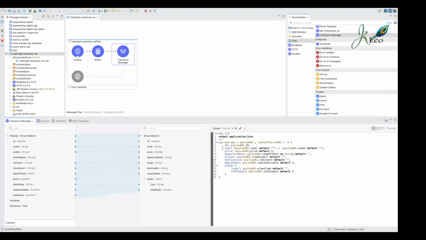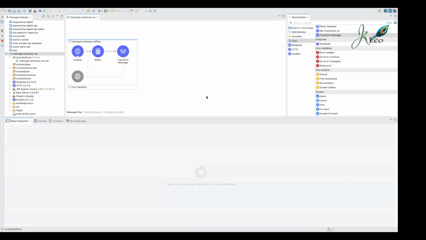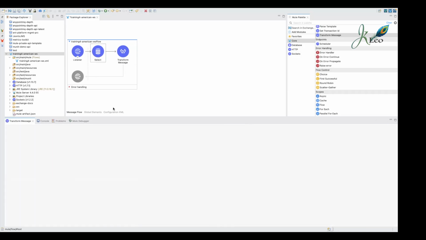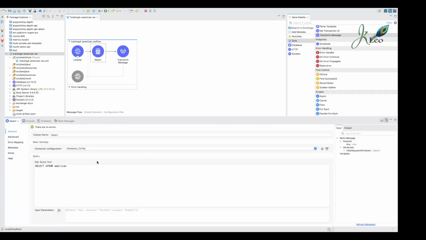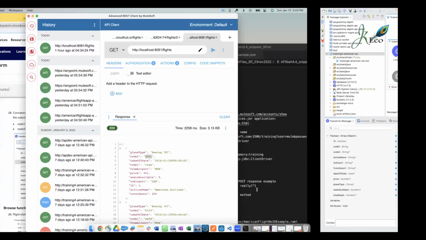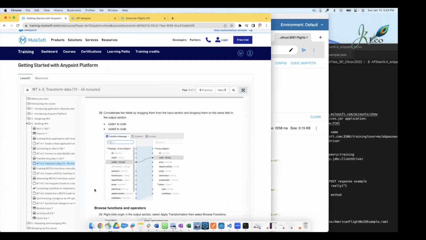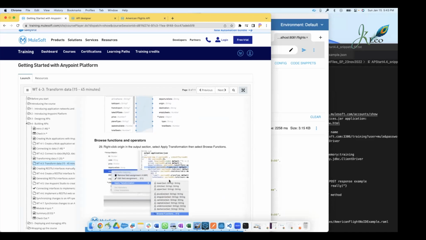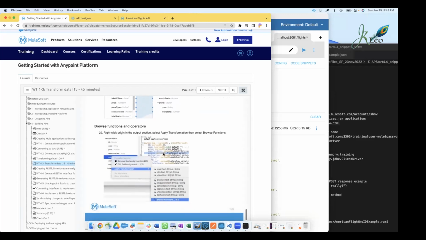So far till now, I haven't written a single line of code. It's all drag and drop. If you see, only the configurations I have copied from the snippet file. So far, I have not written any line of code. You don't have to know any logic, any data language also, right? So it's all drag and drop. So we mapped it, and then